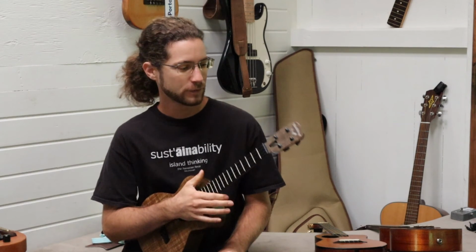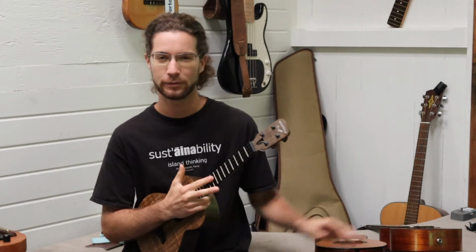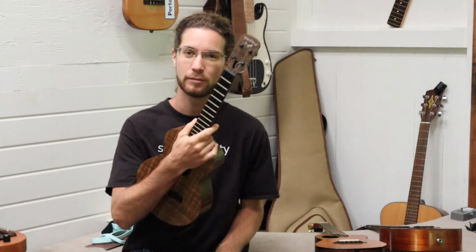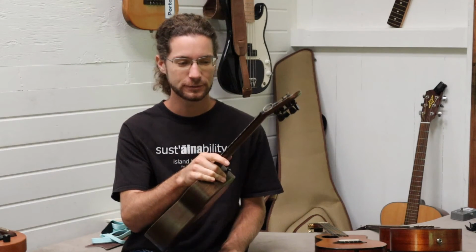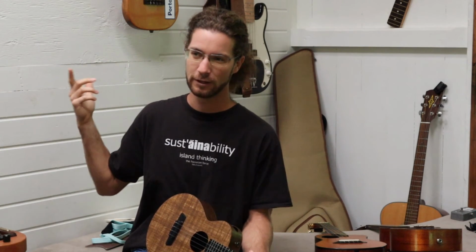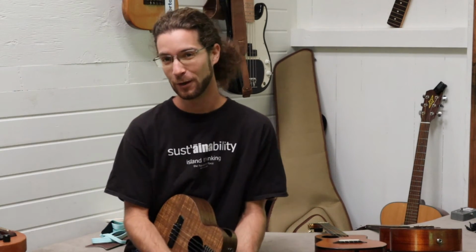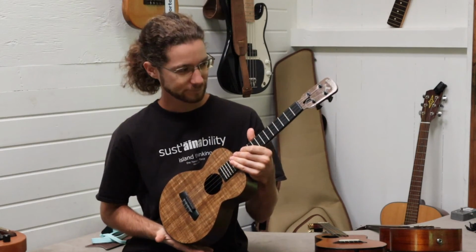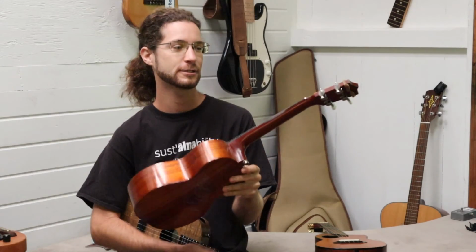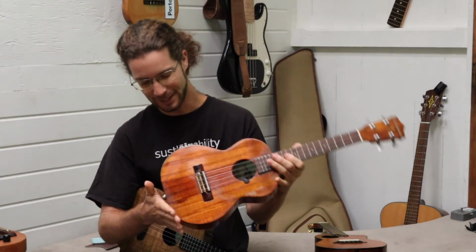As far as which ones I play most, I play the Moore Bettah most. After that, I probably play this one at gigs and stuff, and then the baritone comes after that at gigs where I want to play baritone or have a baritone sound. I'd like to get a real baritone at some point, something with the actual acoustic body. That would be cool. And then the Kamaka kind of just, you know, has done her time and lives under my bed